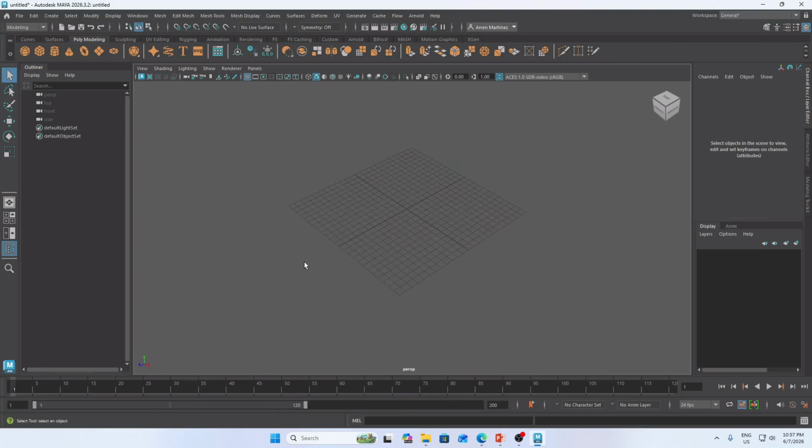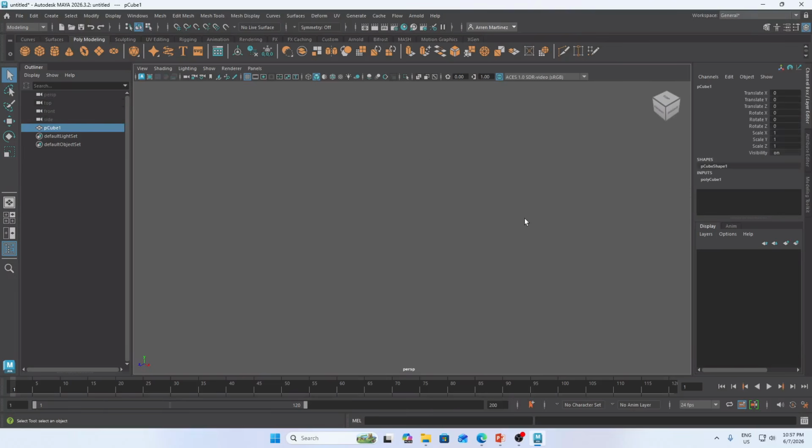If you ever get lost in the dark or wander too far away from your object, just select the object in your menu. For example, I have here a cube and you lost it somewhere. Just press the letter F on your keyboard, and it will instantly snap your camera right back to your selection.